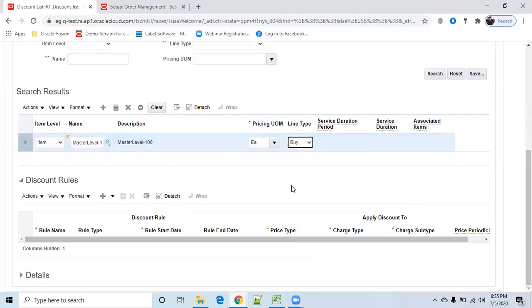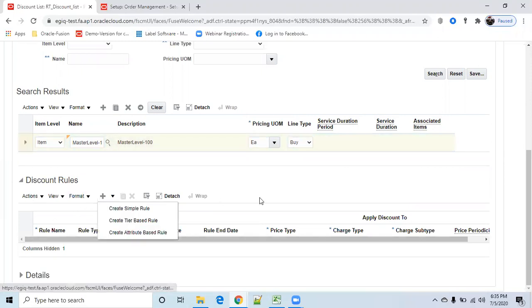Then we can create your discount rules. Click on plus.